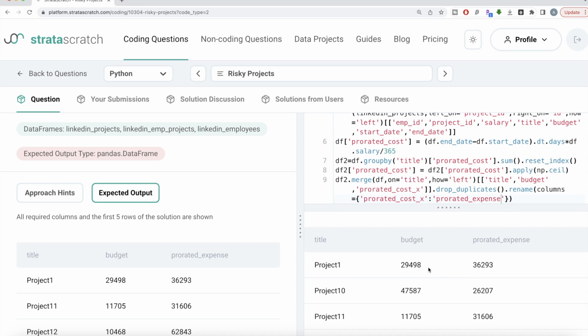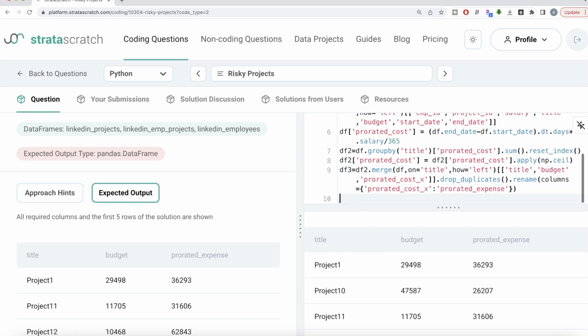Why? Because we need to make sure that only those rows are output where prorated expense is greater than the budget, right? That is what the question says. So what we can do is we can save this in a data frame called df3 and then use Boolean indexing. So df3